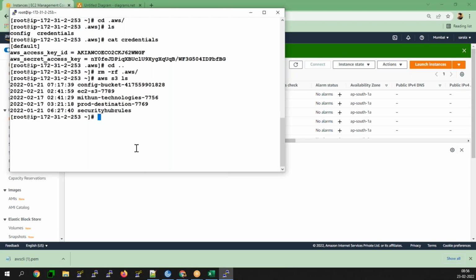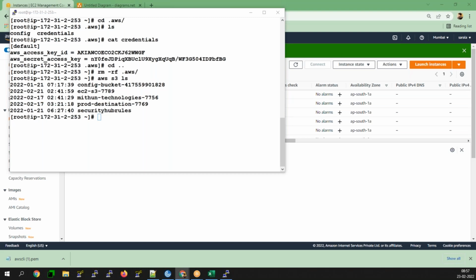Suppose I want to describe the EC2 instances, can I do it? If I try to describe the instances, can I do that? Describe the AWS EC2 instances. Because I have provided only the S3 access, right? I cannot describe the instances here.